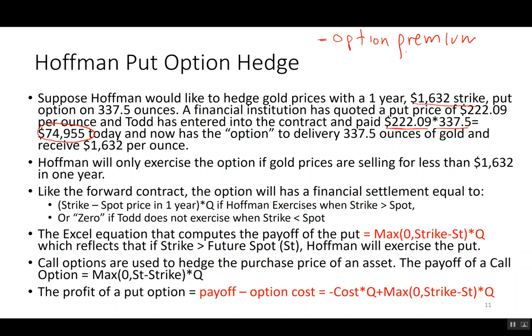All right, and that's going to be the $220 an ounce times the 337.5 ounces. And then we're going to handle the exercise value or the payoff. So what is the exercise value or payoff of the option? We'll just call it the payoff. That's the value of the option at maturity, and that's how we can think of this as just like